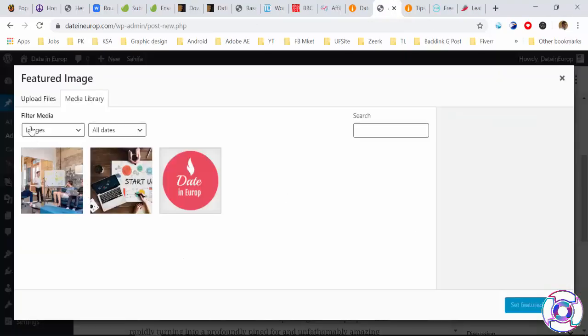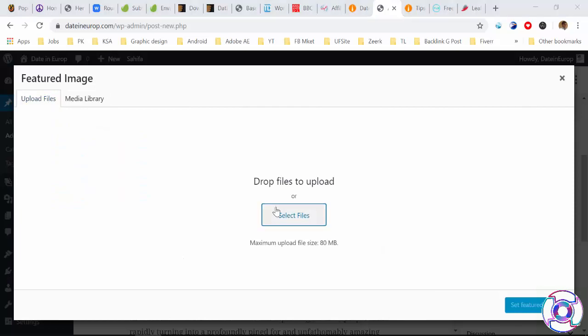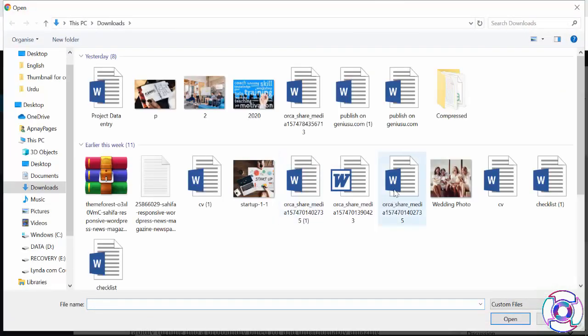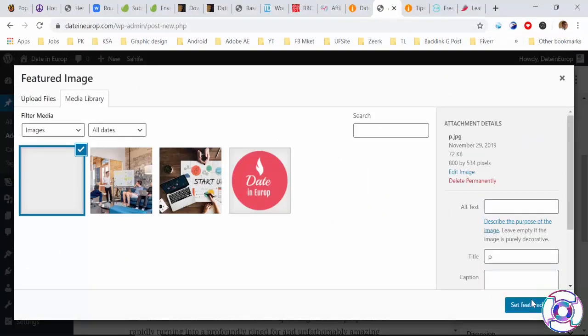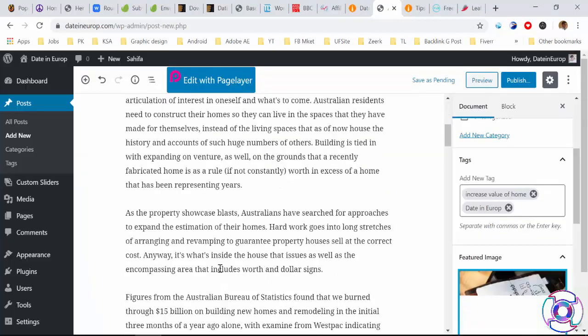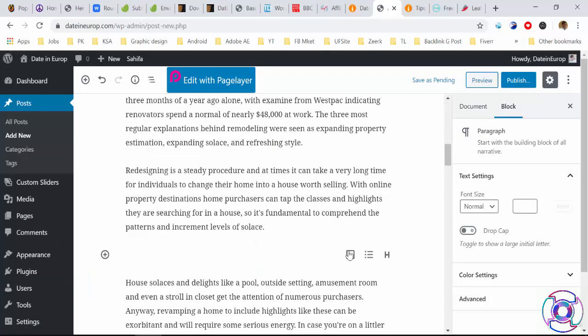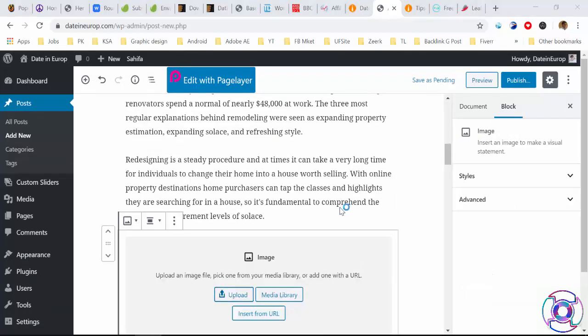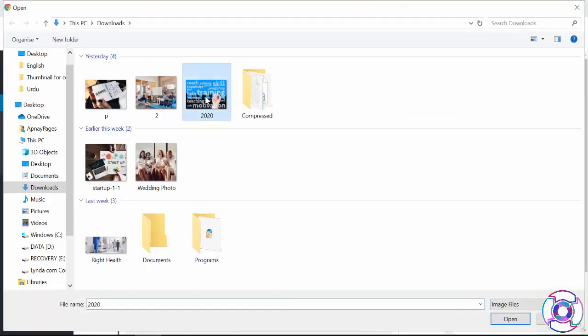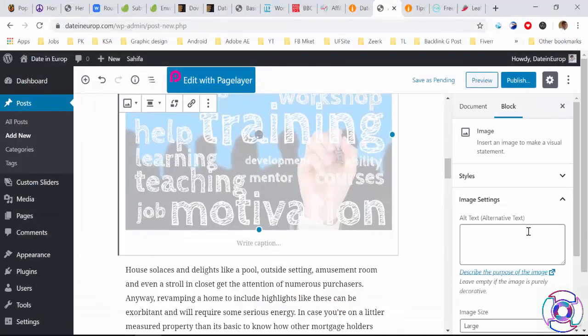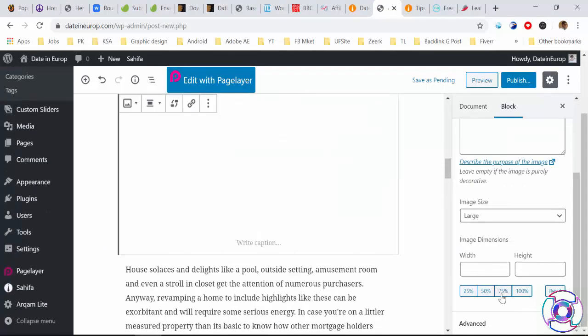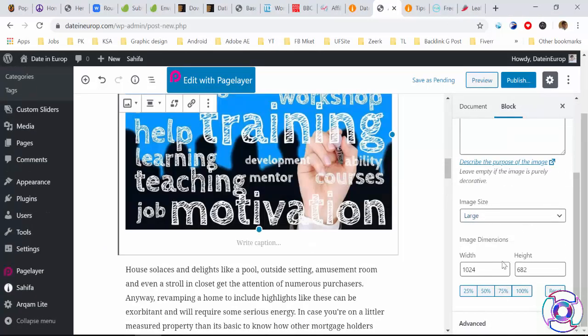I'm going to upload an image, so this image search as a feature, then I'm going to add one image in the center, and I click and upload this. Then here are other settings for the image, large size, width and height you can adjust by yourself.